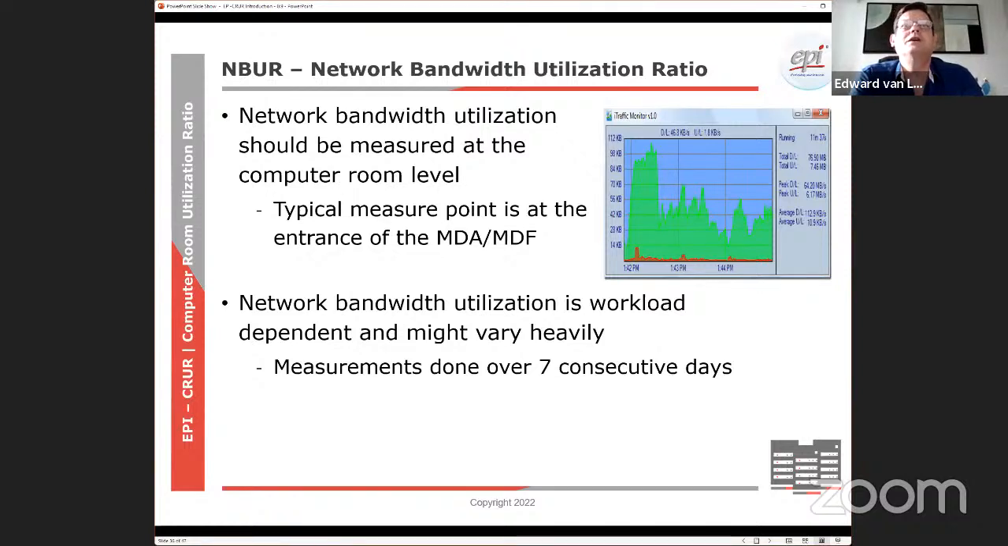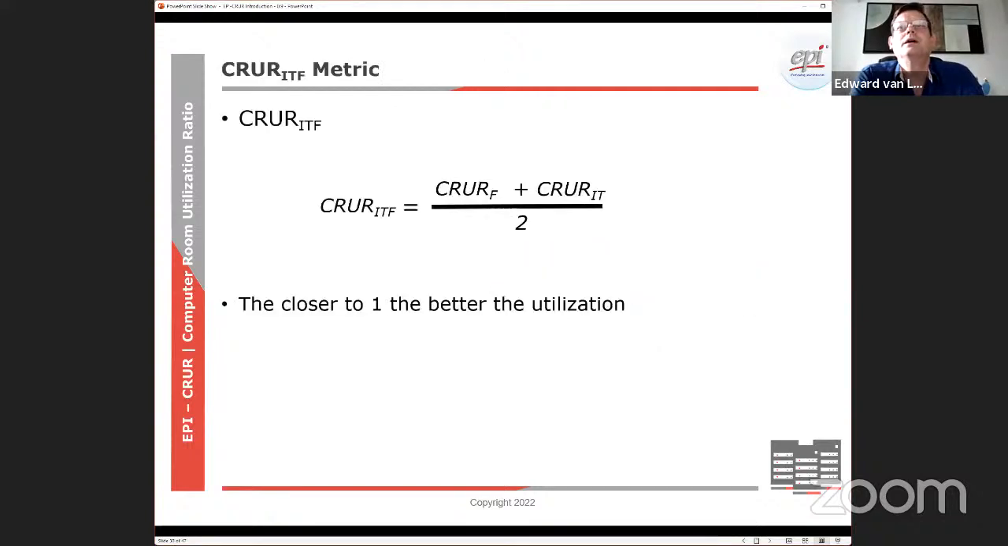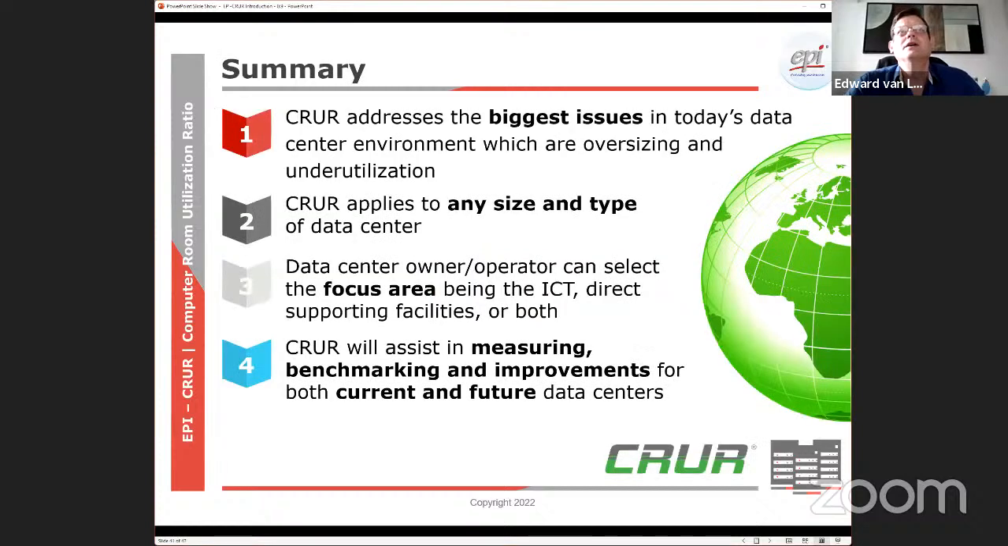Then we have the other metric, the CRUR ITF. Well, that is the most simplistic one because it basically takes the facility metric plus the IT metric and you divide it by 2, again, no weight factors. And of course, the closer to 1, the better optimized the environment would be for IT as well as for the data center. So as a summary, the CRUR is really looking at what we should be looking at,